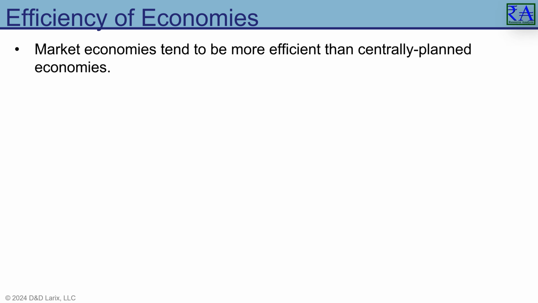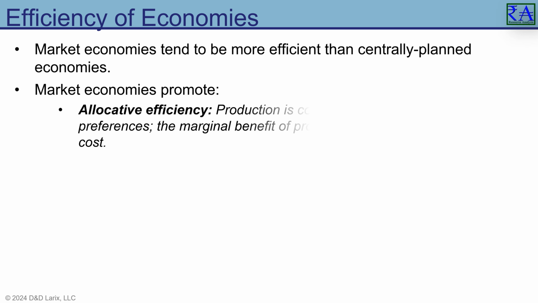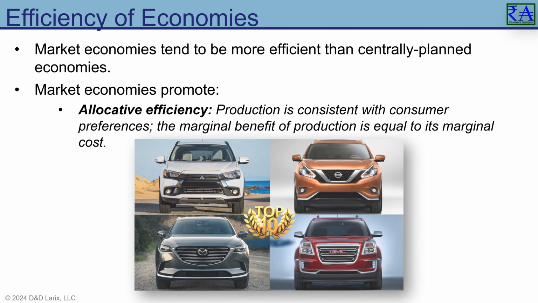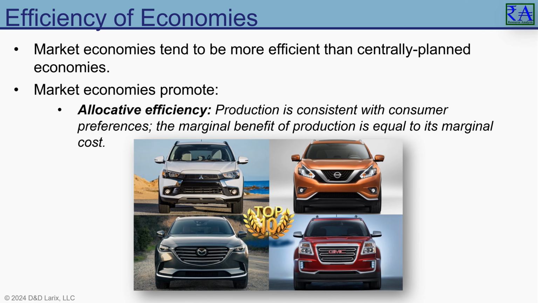Allocative efficiency is a state of the economy in which production aligns with consumer preferences. Specifically, every good or service is produced up to the point where the last unit provides a marginal benefit to society equal to the marginal cost of producing it. This concept is clearly illustrated in the variety of cars available in the market. Each consumer has a unique preference for their dream car, and the manufacturers respond by offering a wide range of makes and models. This ensures that production meets the diverse needs and desires of consumers, exemplifying allocative efficiency in action.